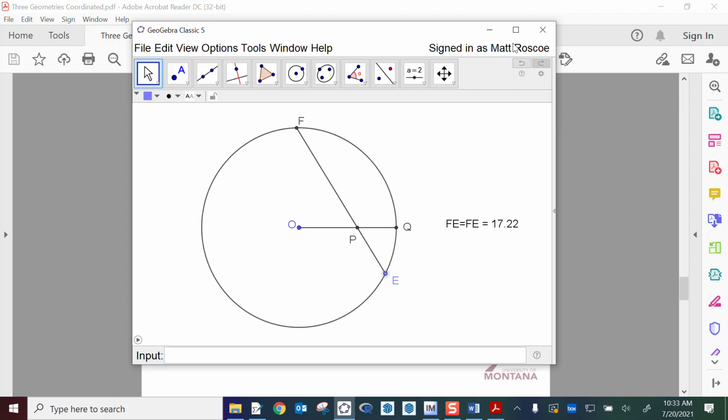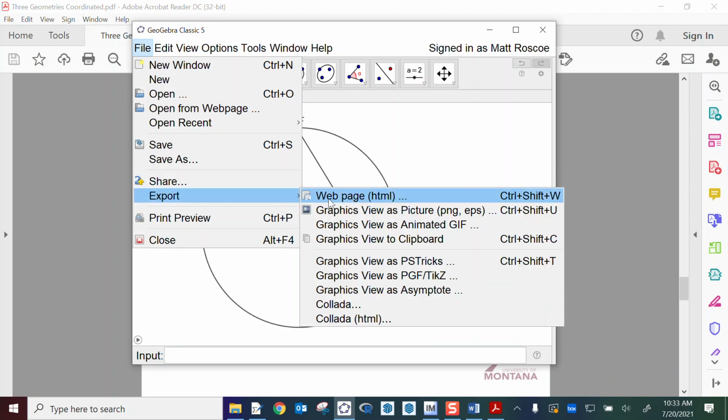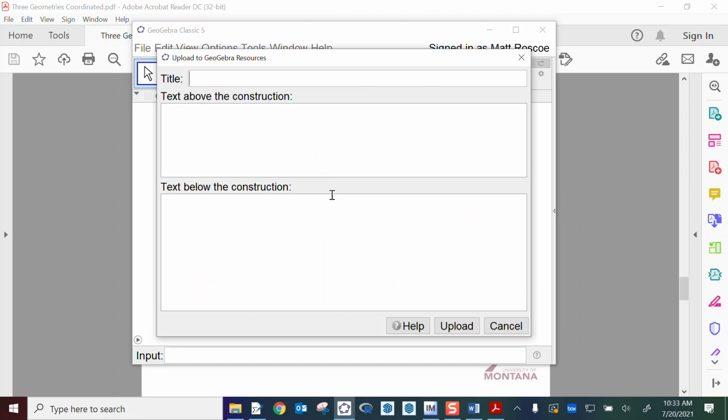And the way you do that is you just go to File, Export, and Web Page, and I'll go ahead and do that now. If you're not signed in at this point, it'll prompt you to set up an account. So the title is, let's see, I'll say M573 problem on circle chords. Text above the construction or text below the construction, so you can put text above and below. And I'll just put